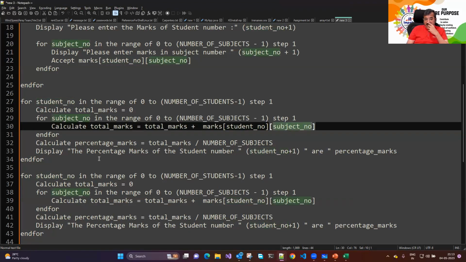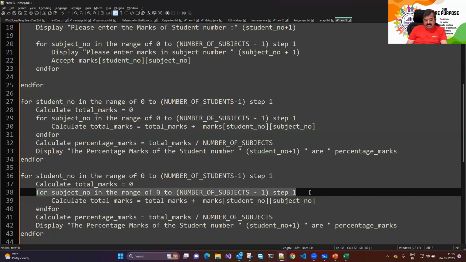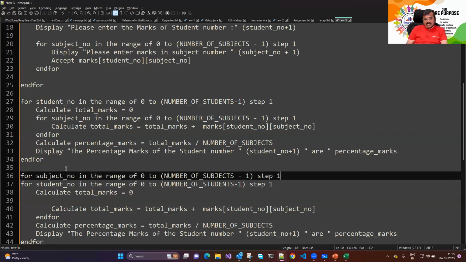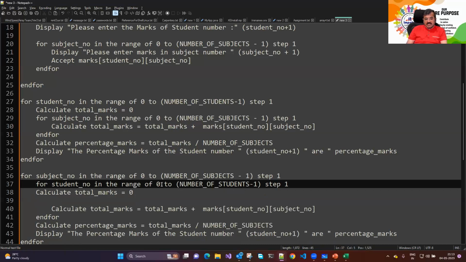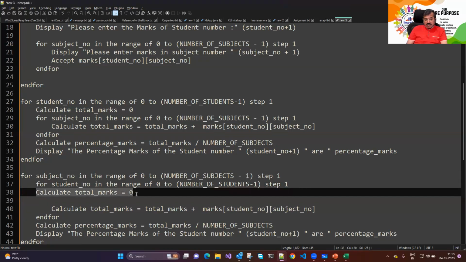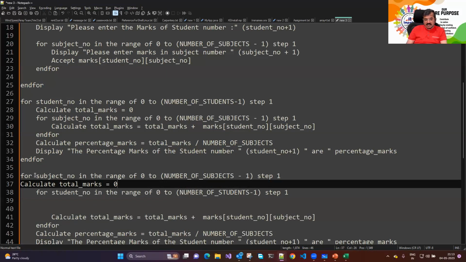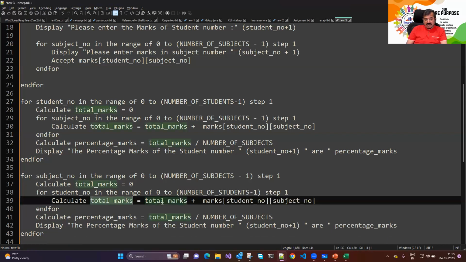सब्जेक्ट नंबर कॉलम नंबर चेंज हो रहा था। अब उल्टा करेंगे, ऐसे फॉर स्टूडेंट नंबर इन द रेंज ऑफ 0 to 9, अब ये लूप मैं पहले लूंगा सब्जेक्ट का, ऐसे फॉर सब्जेक्ट नंबर इन द रेंज ऑफ 0 to नंबर सब्जेक्ट, एंड यहाँ मैसेज डालूंगा, ये फॉर स्टूडेंट नंबर इन द रेंज ऑफ 0 to नंबर स्टूडेंट -1, यानी पहला लूंगा मैं सब्जेक्ट नंबर और फिर लूंगा मैं स्टूडेंट नंबर, और टोटल मार्क्स हर समय 0 लूंगा हर एक क्लास का। एक क्लास का टोटल मार्क्स है, इसे हम लोग 0 लेंगे। और कैलकुलेट करते समय क्या कैलकुलेट करेंगे देखो तो सही, ऐसे कैलकुलेट टोटल मार्क्स ऑफ मार्क ऑफ हियर, ये उल्टा करते हैं। ये जो सब्जेक्ट नंबर जो है ना, ये पहले लेते हैं।